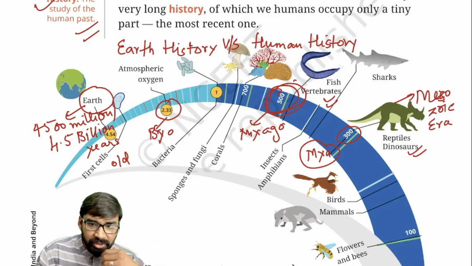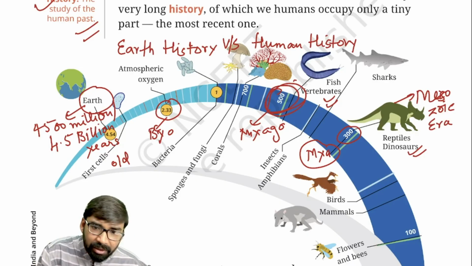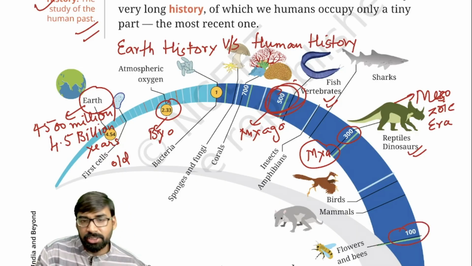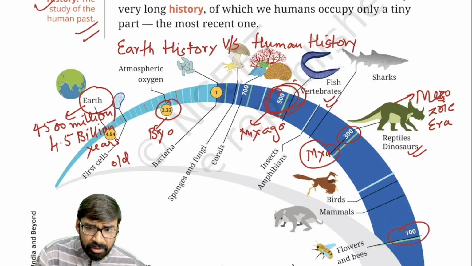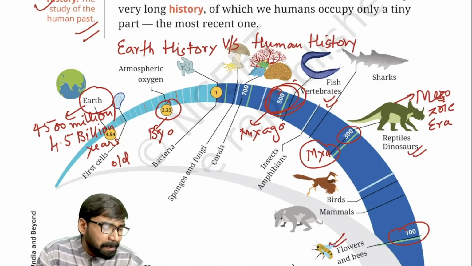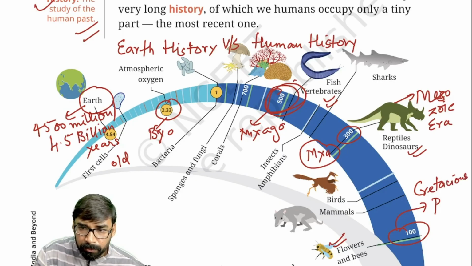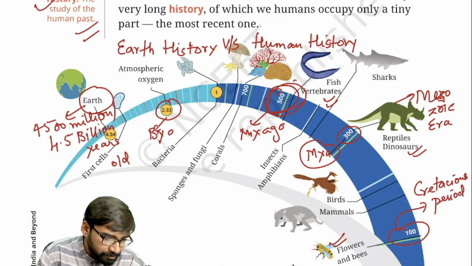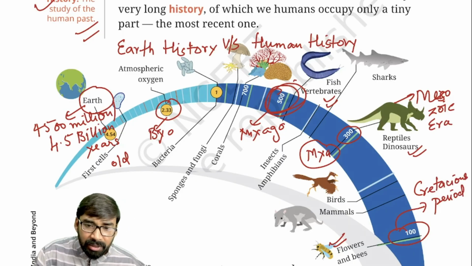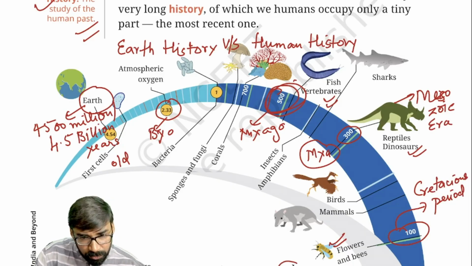And then you can see here that what happened around 100 million years ago. 100 million years ago, flowers and bees, they appeared. And इस period को क्या कहा जाता है ना. This is called as Cretaceous period. ठीक है. अब around 10, है ना, around 10 million years ago, आप देख सकते हैं this 10 million